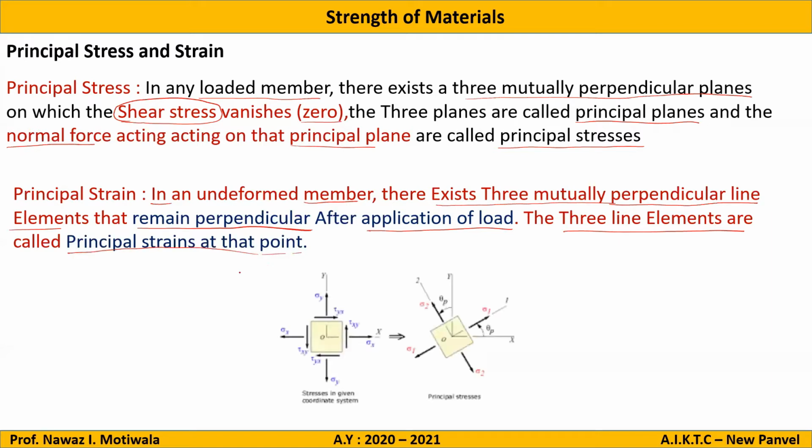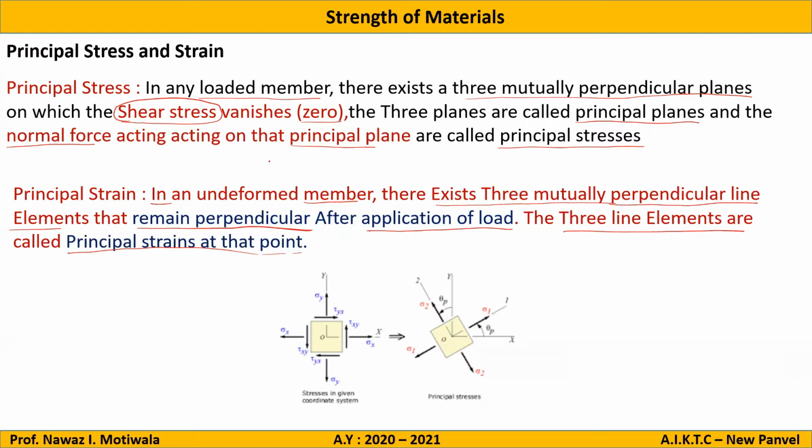So if you see the diagram, it is like this. Here in this particular element, if shear stress becomes zero at any plane, as you can see on this plane, there are no shear stresses here. There is only sigma 1 and sigma 2. There are no shear stresses. So these planes are known as the principal planes, and these are known as the principal stresses sigma 1 and